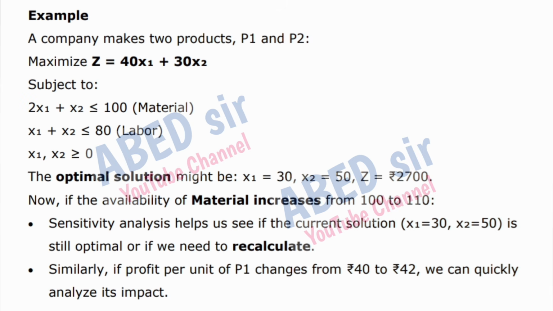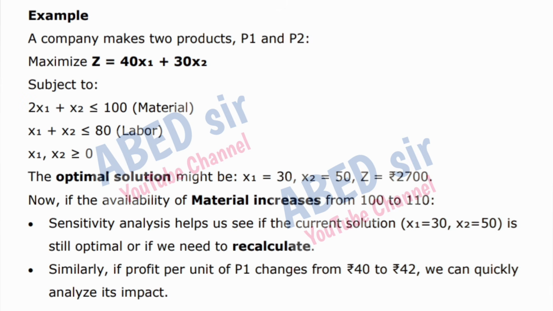Example. A company makes two products, P1 and P2. Maximize Z = 40x1 + 30x2, subject to 2x1 + x2 ≤ 100 (material), x1 + x2 ≤ 80 (labor), x1, x2 ≥ 0. The optimal solution might be x1 = 30, x2 = 50, Z = 2700